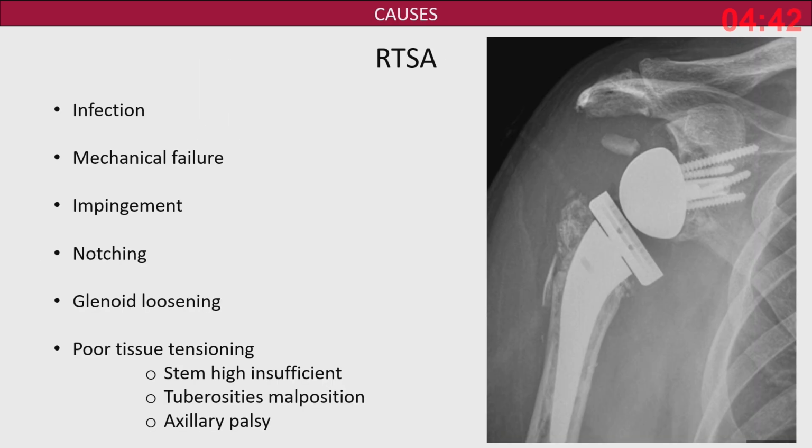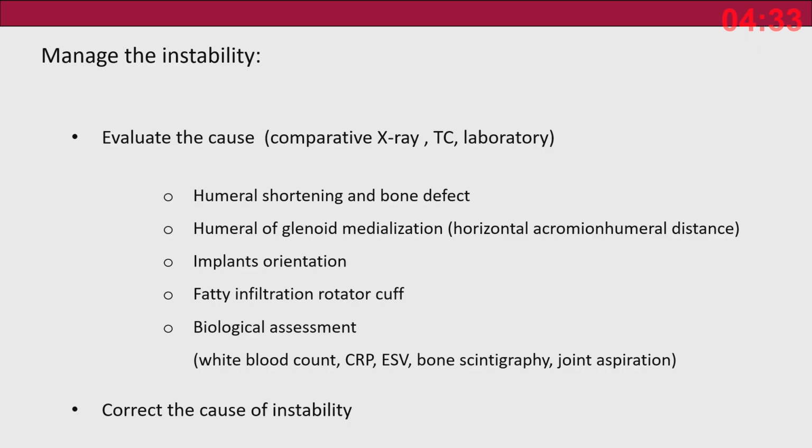The causes are infection or mechanical failure, impingement, notching, loosening of the glenoid or poor tissue tensioning. How to manage the instability? It means to evaluate the cause with a comparative X-ray, a CT scan, and laboratory exam in order to investigate humeral shortening or humeral or glenoid medialization, implant orientation, fatty infiltration of the rotator cuff, or biological assessment to correct the